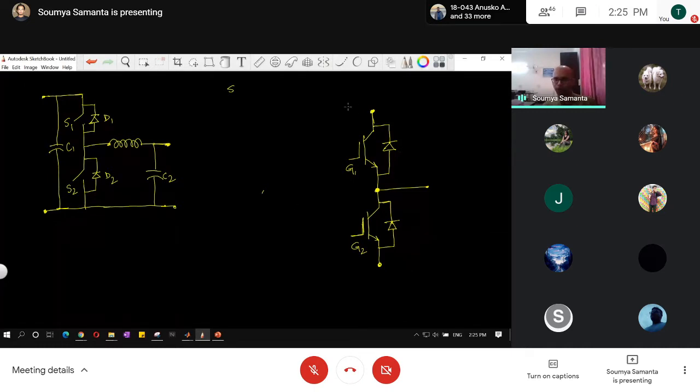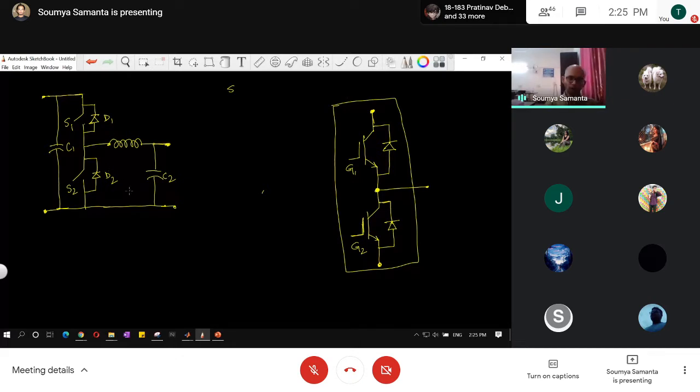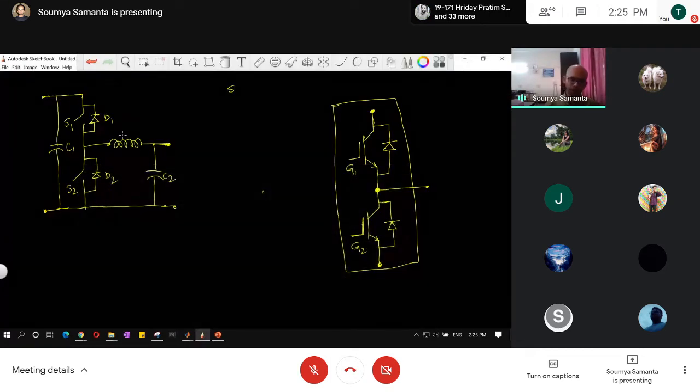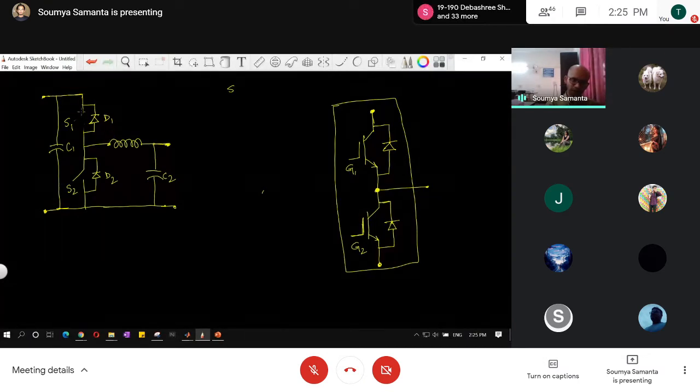So now I have drawn here one IGBT leg. This one, what I was showing, we will see at the time of experimentation. Now, this is nothing but a switch and anti-parallel diode. Now, if you see here in the MATLAB diagram, in the top, the first converter is the boost converter. In the boost converter, at the top, there is no switch here. Fine. So this is how it is constructed. So for the boost converter, we don't need this.